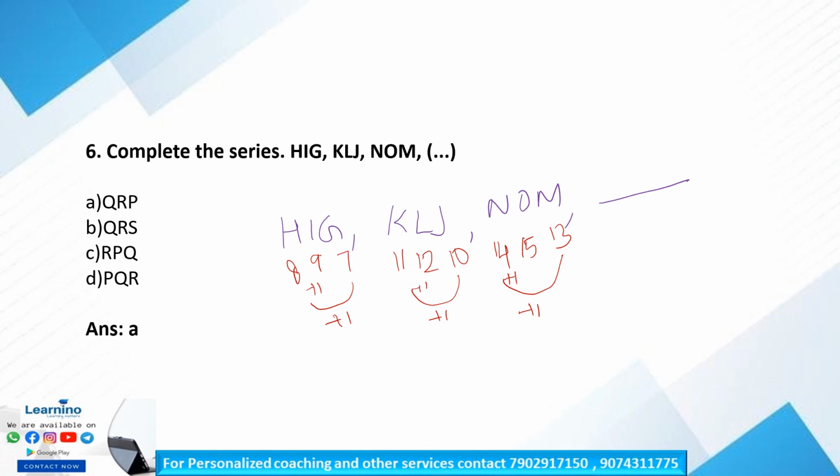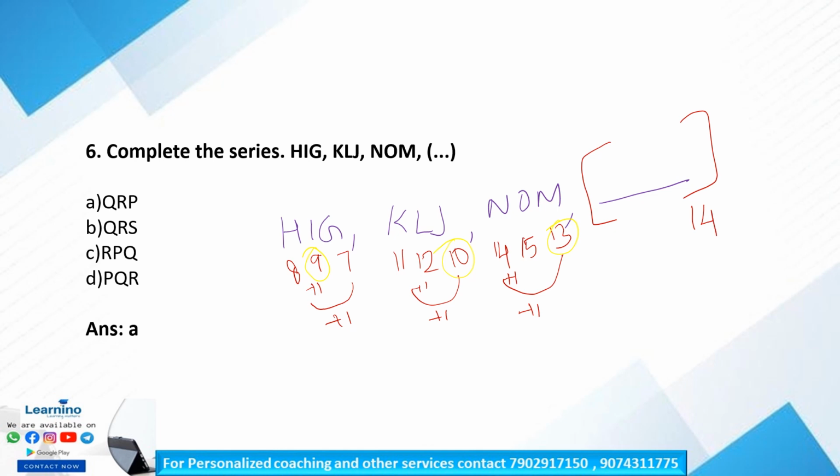So the pattern followed here is plus 1, in the order of like this. Third letter plus 1 is the first letter, then first letter plus 1 is the second letter, like that. And the difference among these groups is 9. Here it is starting with 7, 8, 9, 10, 11, 12, then 13. So the last letter of our missing series will be the